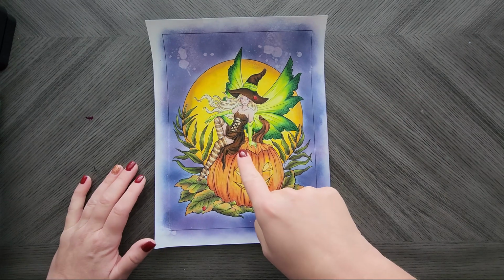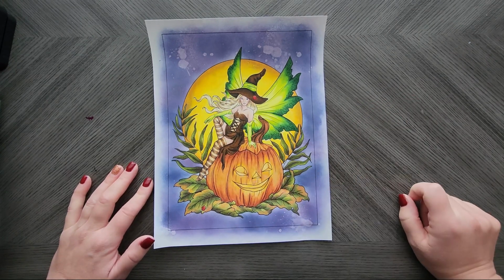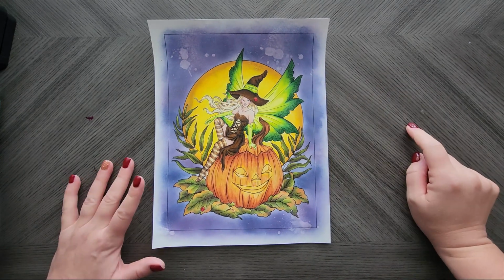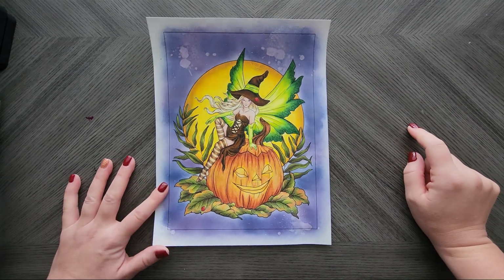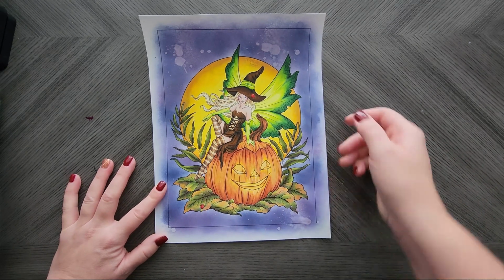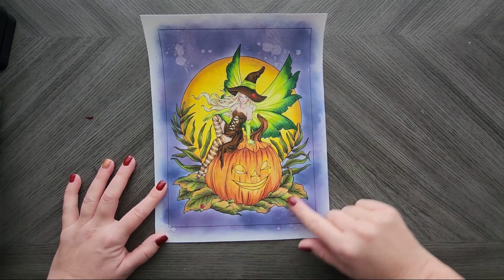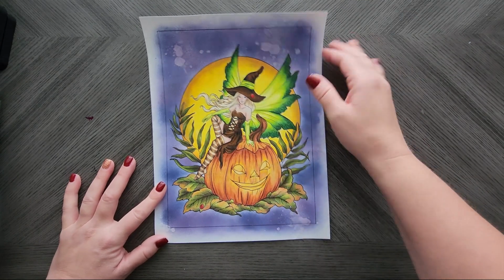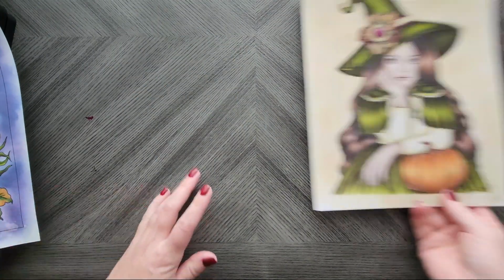So yeah, I still need to send a picture of this to Jen, which is on my to-do list for today, and post it on Instagram. But this is all Prismacolor, and then just Distress ink in the background. But again, do you notice the green and brown? Yeah, it's not going away, folks. Speaking of that,